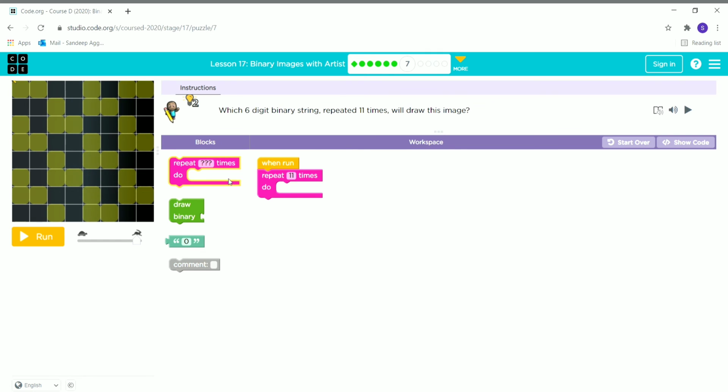In puzzle 7, as you all can see, the first, the fourth and the seventh lines are the same. So here also we will repeat this code 3 times, and we will put the draw binary block also 3 times.